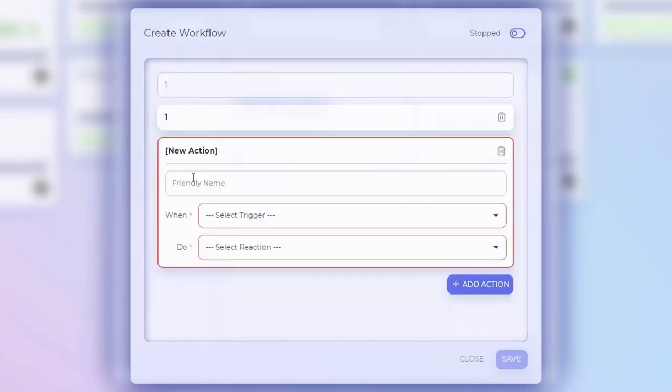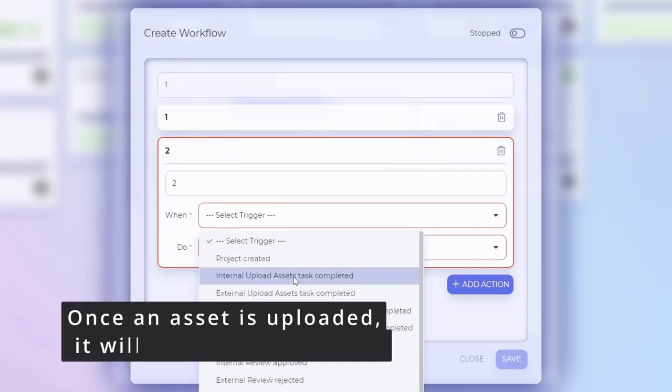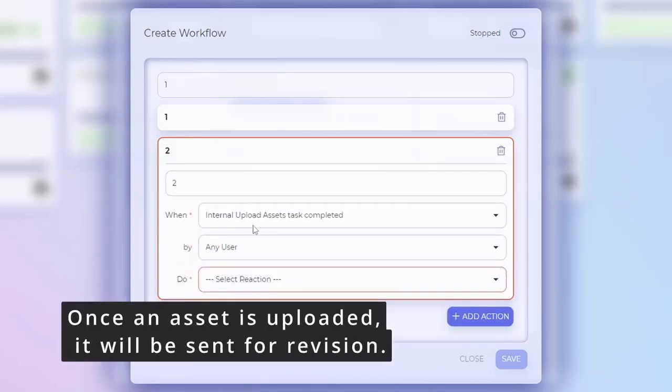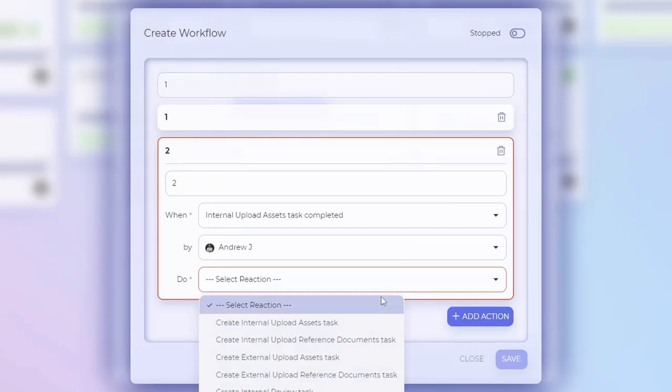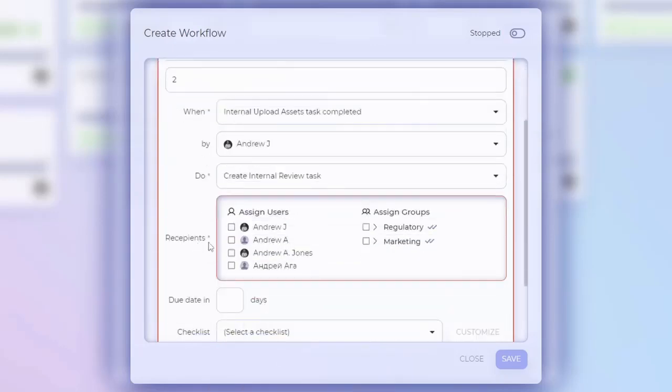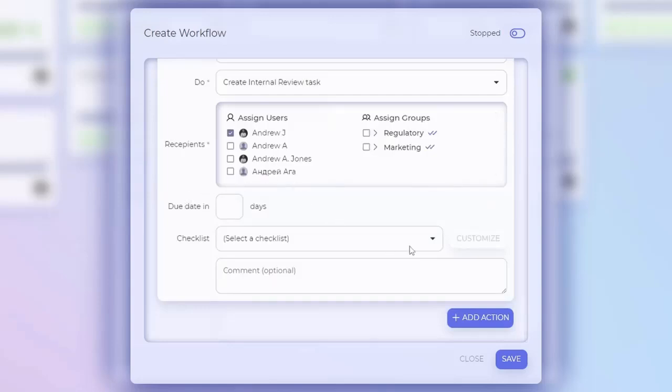Let's add another action, action number 2, so that when Andrew performs the internal upload asset task, so trigger internal asset task upload completed by this guy, then the system will create the internal review task. So we will send the file for review. And again, I will select myself here. As you can see, I can put a checklist, I can put some different descriptions, but we will skip it